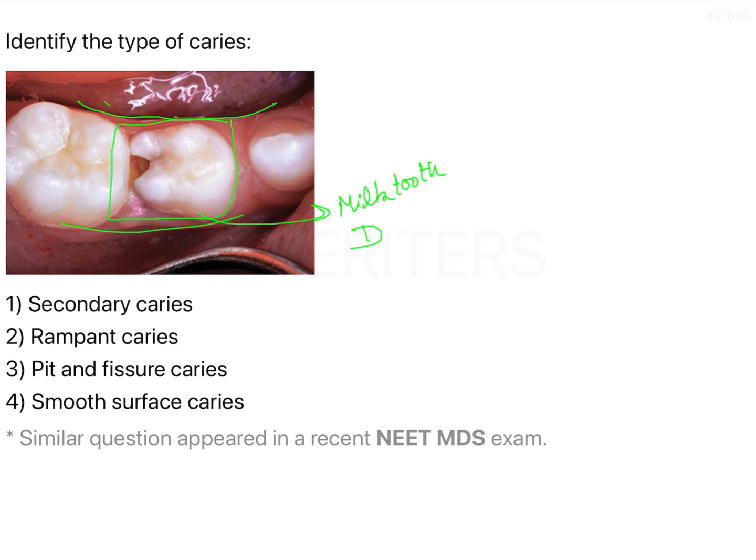Now here, if you see, this particular area is the proximal interdental area, right? So that is going to be the distal surface of this particular D, that is primary first molar. Primary first molar, it has to be the distal surface of this, right? Now if you try to figure out more information about this, so you should be seeing here that this tooth